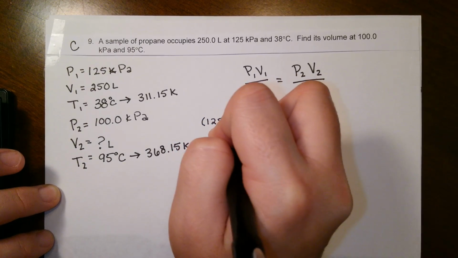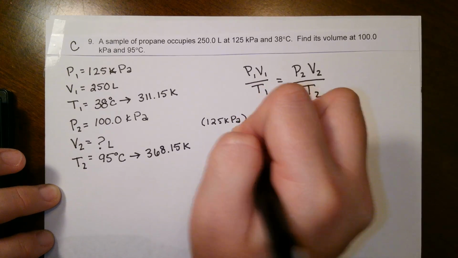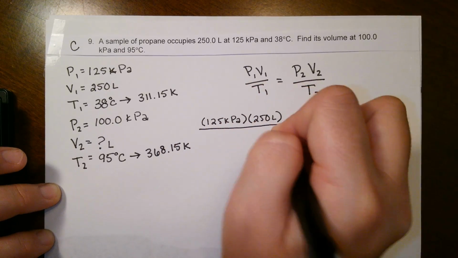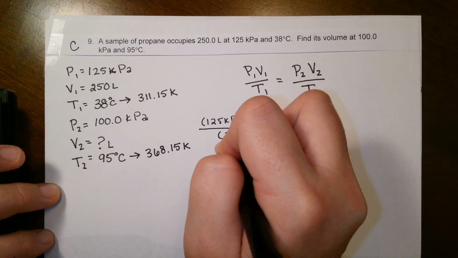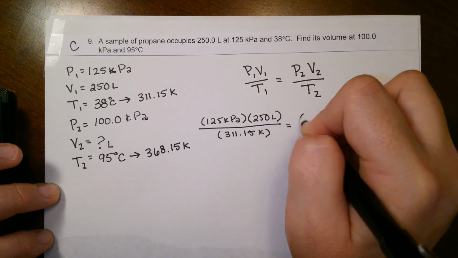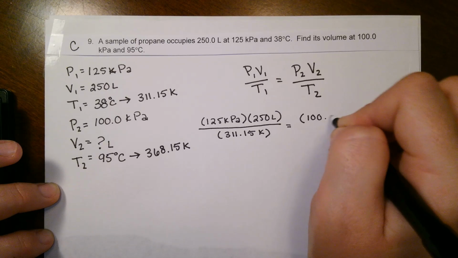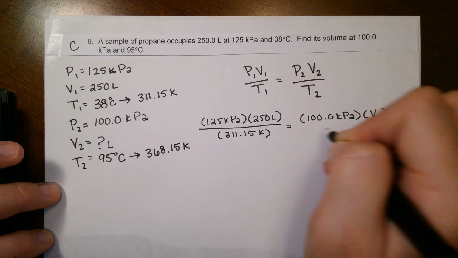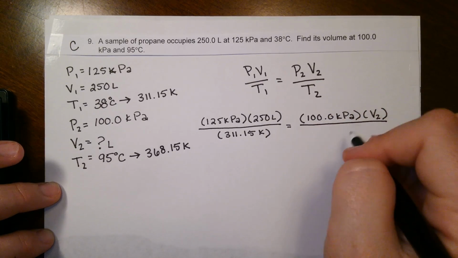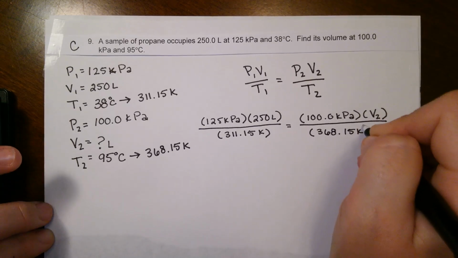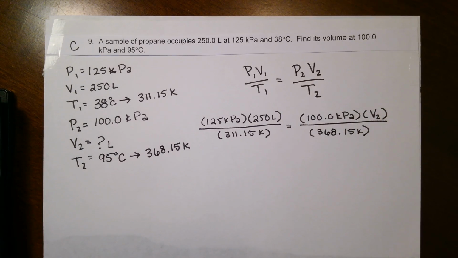So 125 kPa for our P1. V1 is 250 liters. T1 is 311.15 Kelvin. P2, plug that in, 100.0 kPa, kilopascals. V2 is our unknown. And then our other temperature is 368.15 Kelvin. So there's a lot of ways that we can do this, but what I'm going to do first